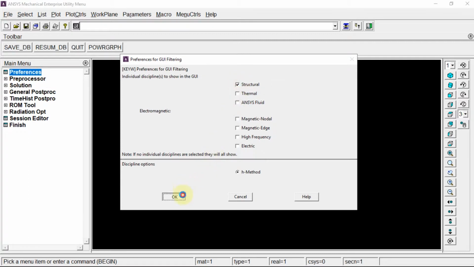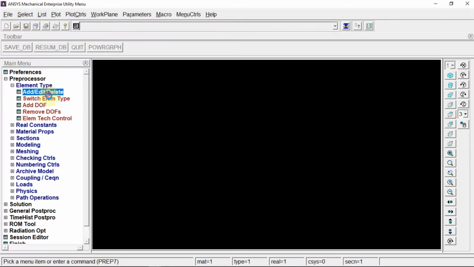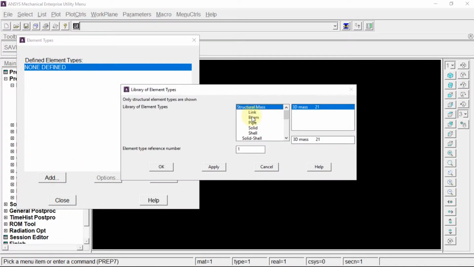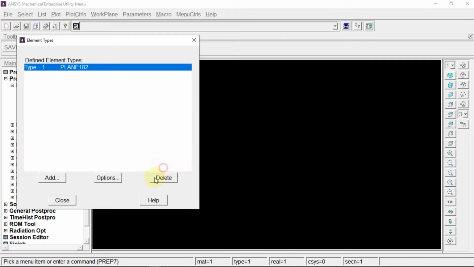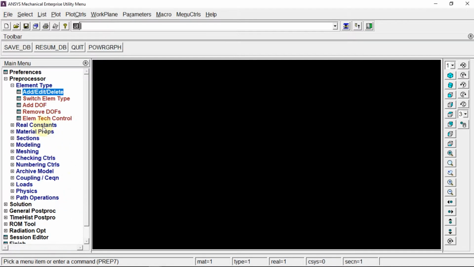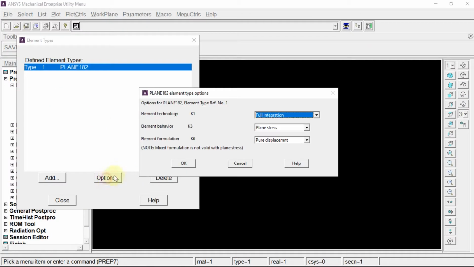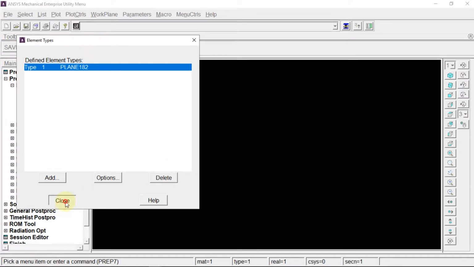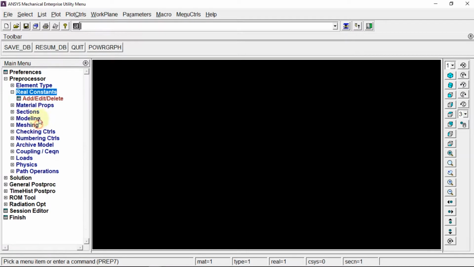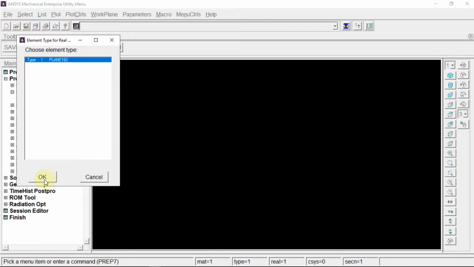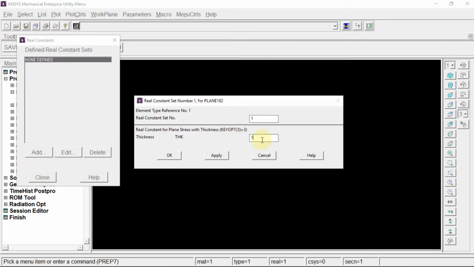I'm going for structural. Element type is solid quad 4 node. Okay. And in elements only I have to give plane stress with thickness, so that variable I am going to define now in real constant, and thickness is given as 1.